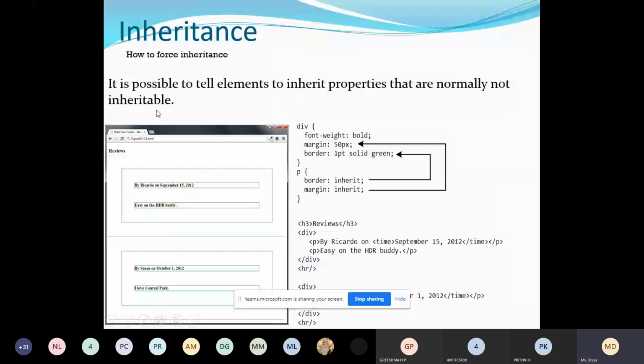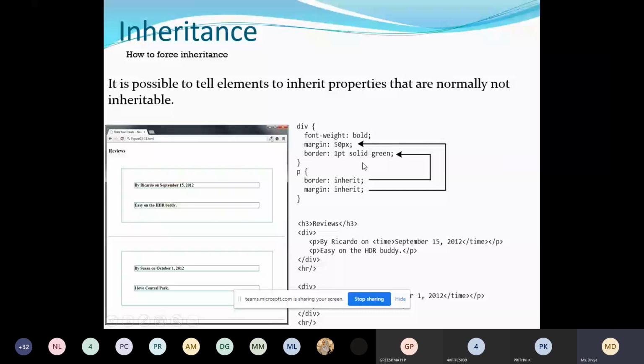If a particular property is not inherited, you can make it inheritable by using inherit. This is a property value we are using. So for the paragraph I am telling that I want the border, and that border should be inherited from its parent. This is how you make inherit.